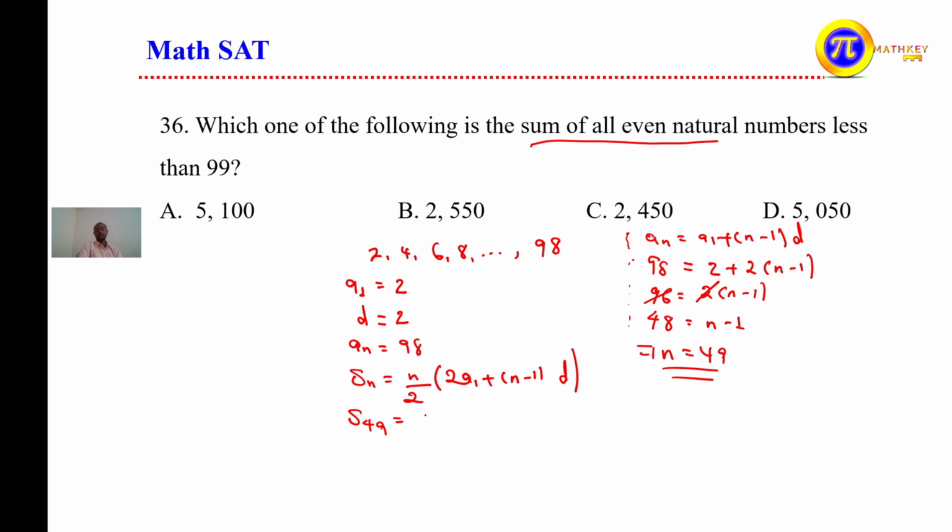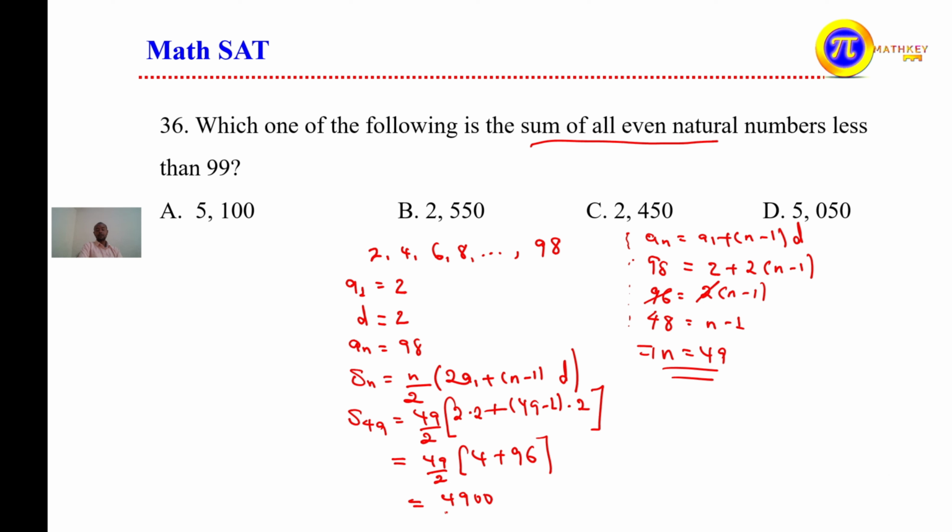This is equal to 49 divided by 2 into twice of a1, means 2 times 2, plus 49 minus 1 times their common difference that is 2 ይሄ ይሆናል ማለት ነው። እዚህ ጋር ስንመጣ what value? this is 49 over 2 into 2 times 2 that is 4, 4 plus 49 minus 1 ምን ይሆናል? 48 ሲባዛ በ2 96 ይሆናል ማለት ነው። ይሄ ማለት ደግሞ 4 ሲደመር 96 100 ይሆናል፣ 100 ሲባዛ በ49 ምን ሆነ? this is